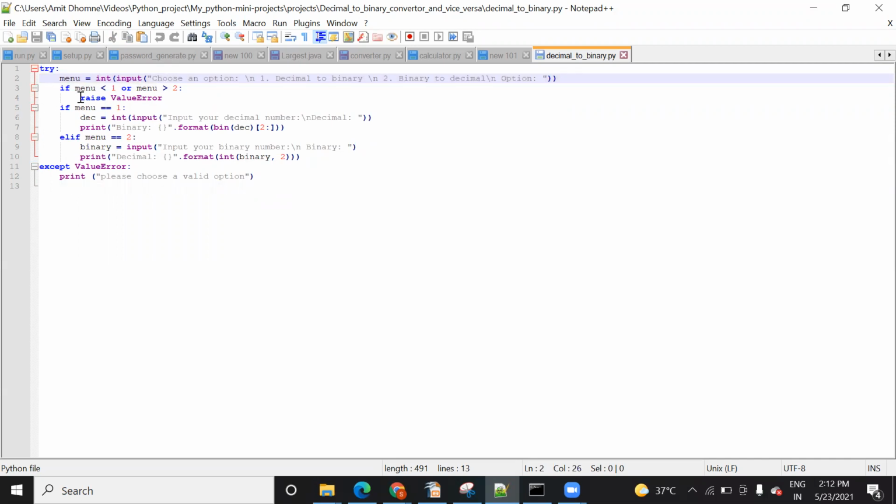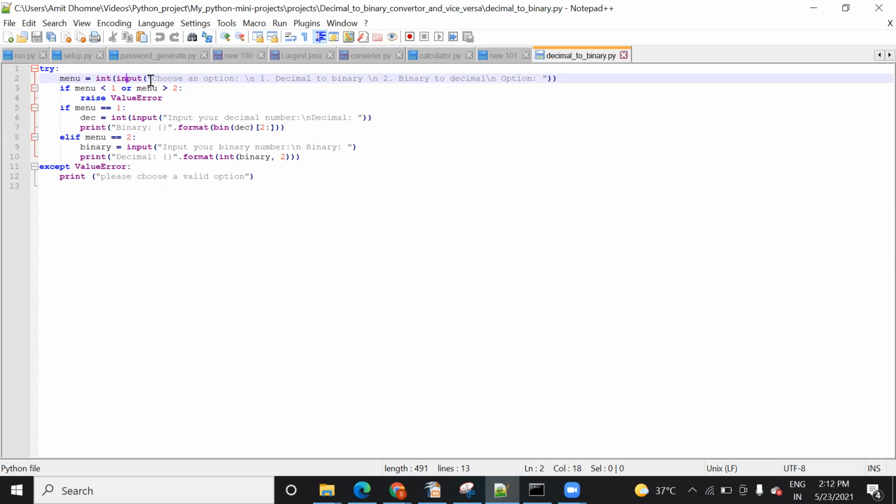So here in this try and except block, the first thing I have written is the menu, where I'm asking the user to choose the option, whether they want decimal to binary conversion or, as the second option, binary to decimal conversion. In order to do that, you need to write int input in Python, because you are accepting an integer value as input.